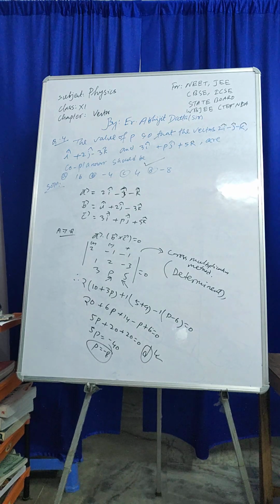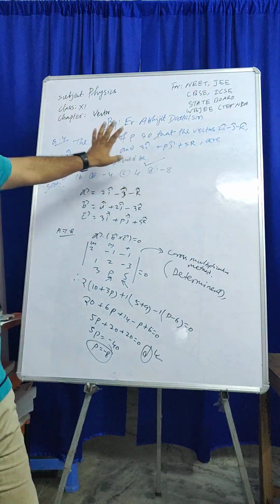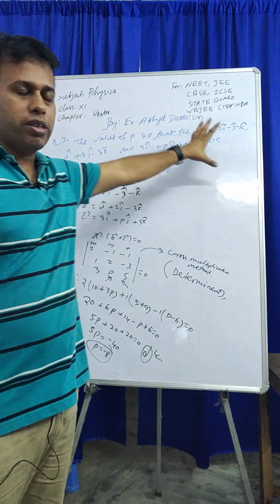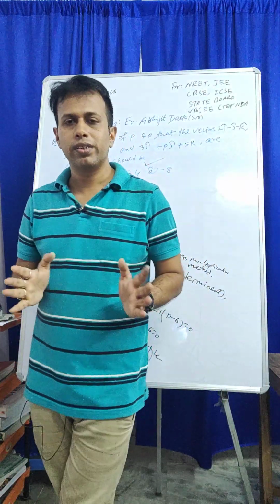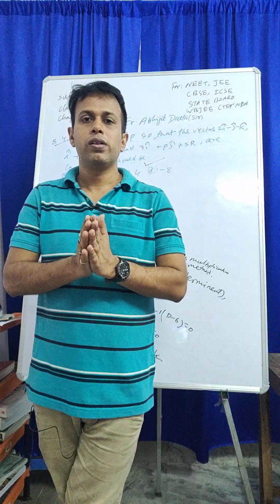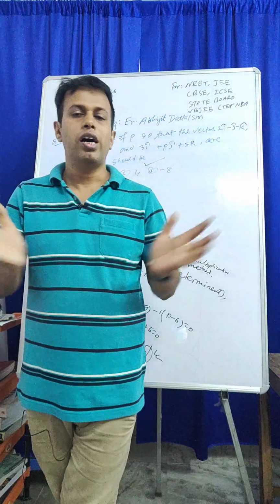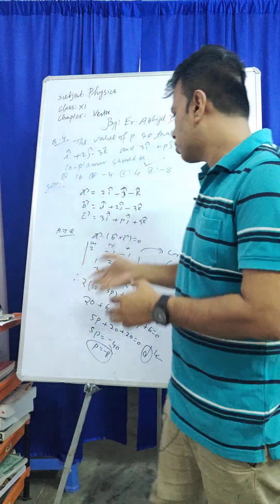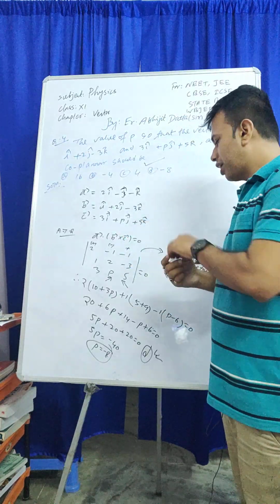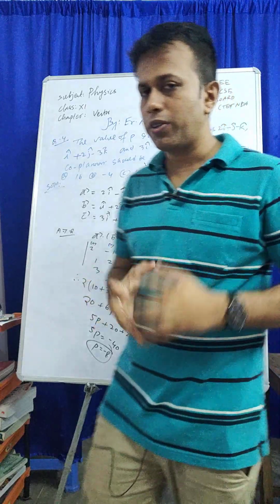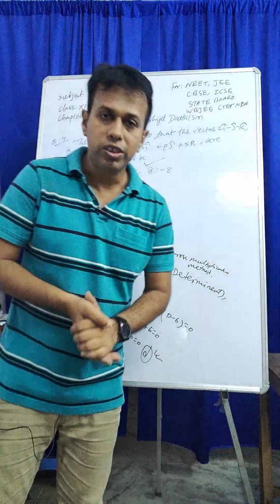Got my point? So let me explain again. We have to find the value of p. Three vectors are given, and from that we have to find the value of p so that the three vectors are coplanar. So what is the condition for coplanarity? This is the condition, and I write it here. After that I simply do the determinant or cross multiplication method. After simplification, what comes? P equal to minus 8. Okay, so this much for today.